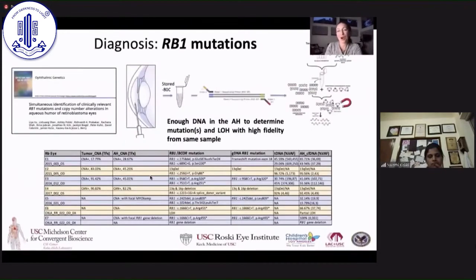As we've discussed, our lab and others have shown that with this DNA, there's a high enough concentration in the aqueous humor to reliably and accurately identify the specific RB1 mutation or mutations, if there are two, as well as to identify loss of heterozygosity with high fidelity in these samples. Our lab has also shown that you can do that as well as the genomic alterations from a single 100